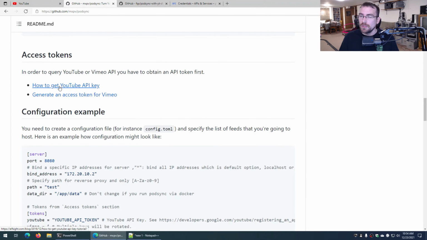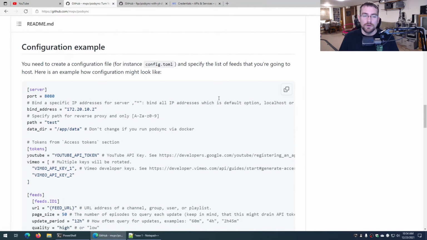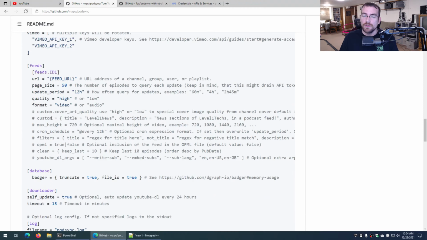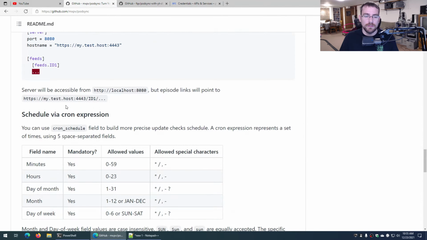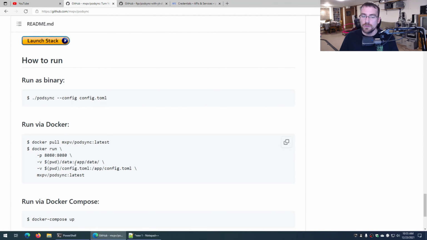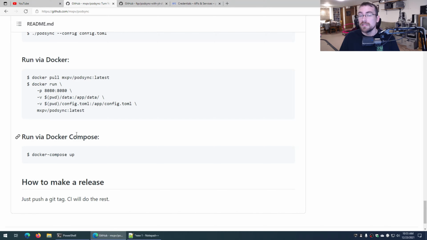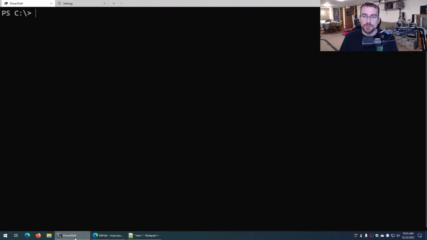Here's a link to another guide on how to get the API key. Here is an example of the config file that works with Podsync. There's a lot of settings in here that you can add or not add, and I'll go through some of them for this demo. And finally, you can get down here and it'll show you the command you need to run to get running in Docker. So that's exactly what we're going to do. So I'm going to jump over to the virtual machine